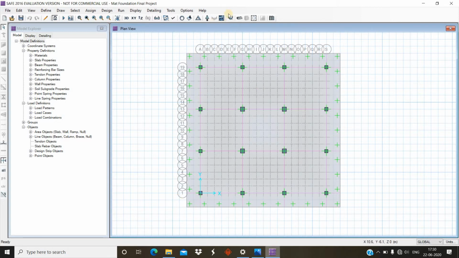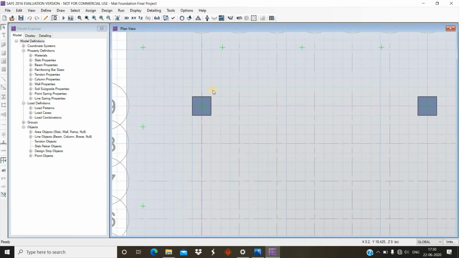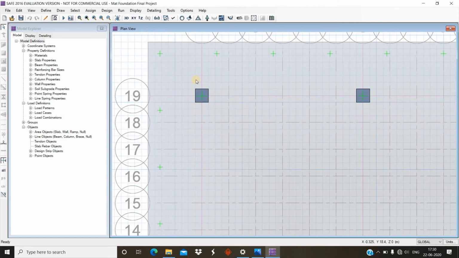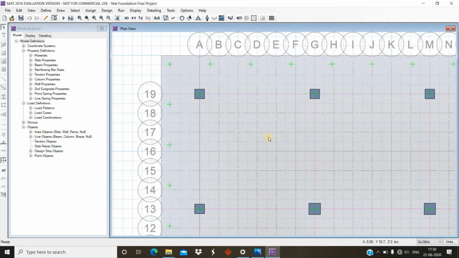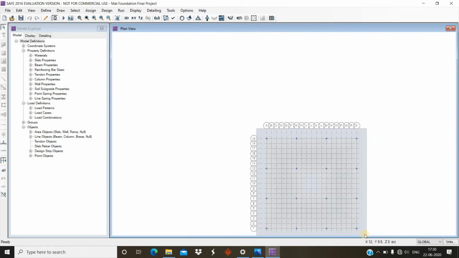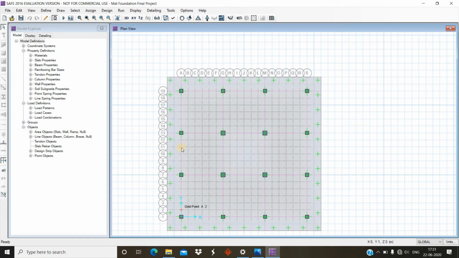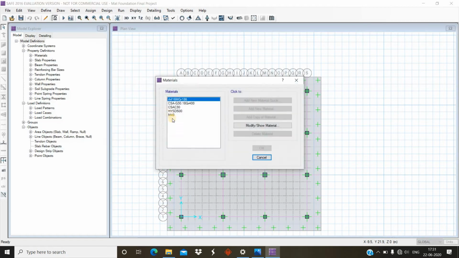Since we know that this foundation has details like the columns C1, C2, C3, C4, first of all I have assigned the material property by going to materials here, taking M40 and HYSD 500.